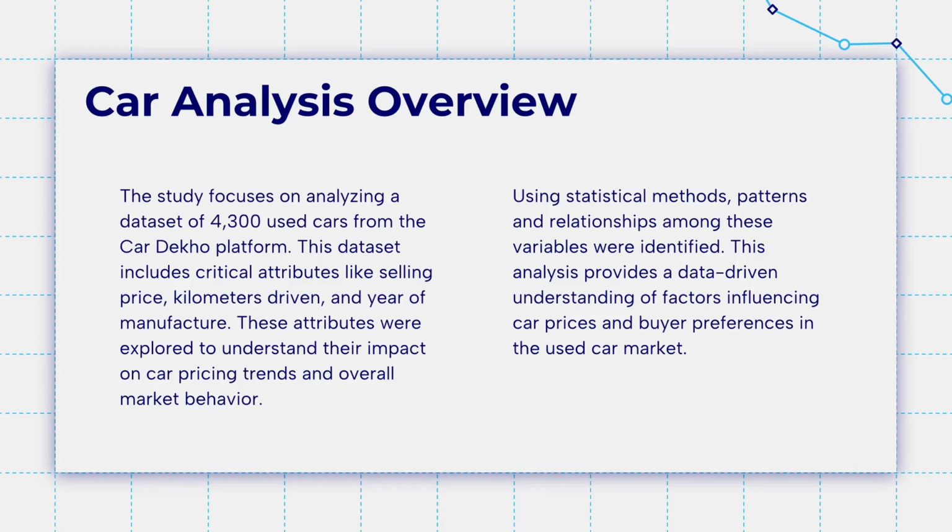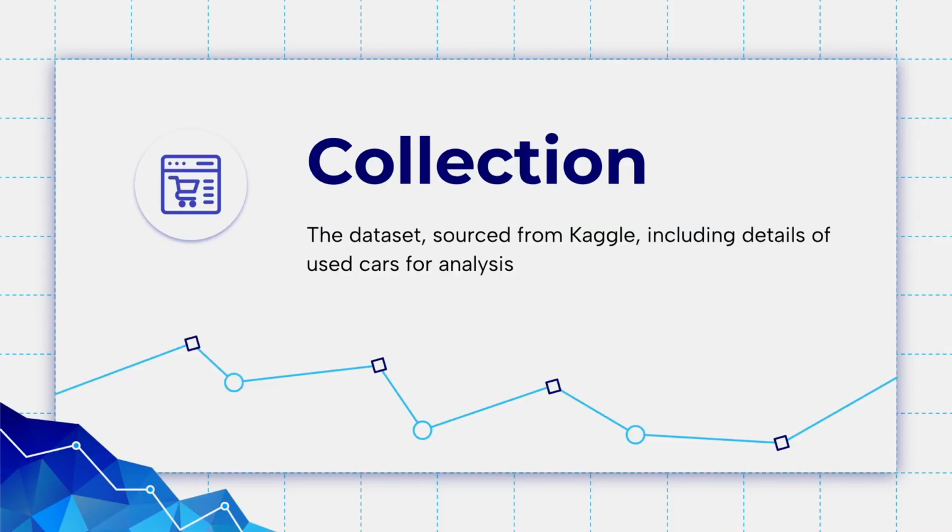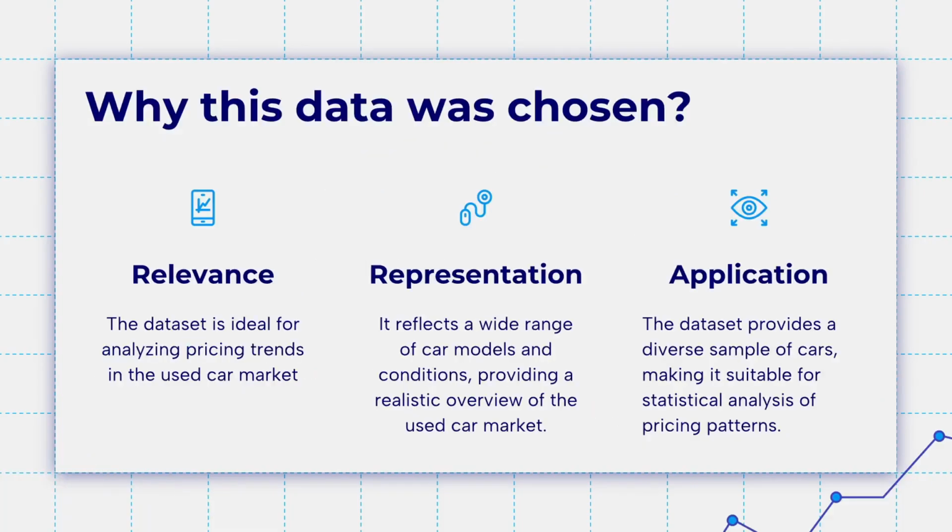Let's get started. The backbone of our analysis is the dataset we used. Sourced from Kaggle, it contains information on 4,300 used cars. But why did we choose this particular dataset? First, it offers a wide variety of car models and conditions, giving us a diverse and realistic representation of the used car market. This diversity is critical for statistical analysis, as it ensures our insights are comprehensive and applicable to